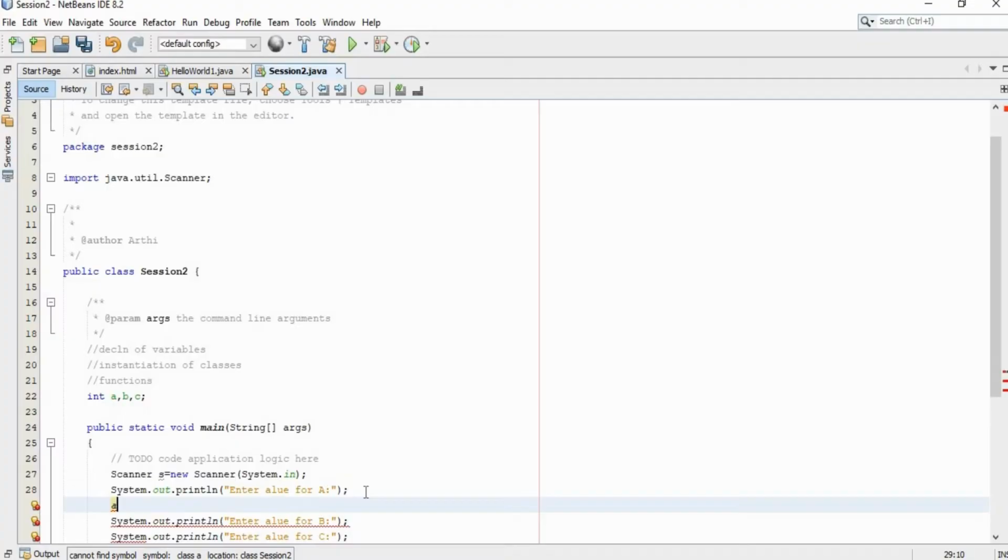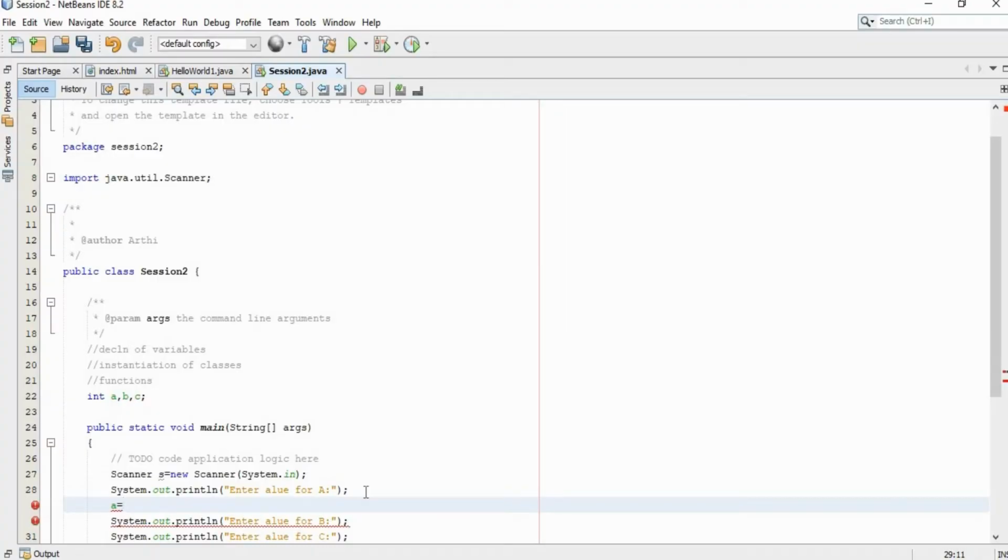As I told you in the previous video, Java considers each value as a string. Even if you give some integer value like 1, 2, 3, it will consider it as a string. So we need to convert the value read from the user to the respective data type.